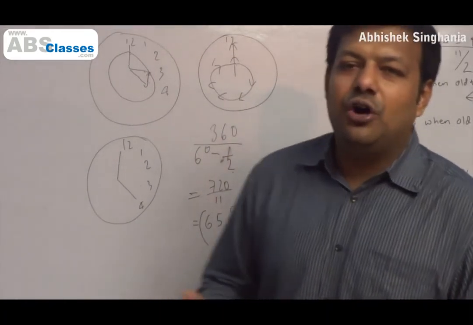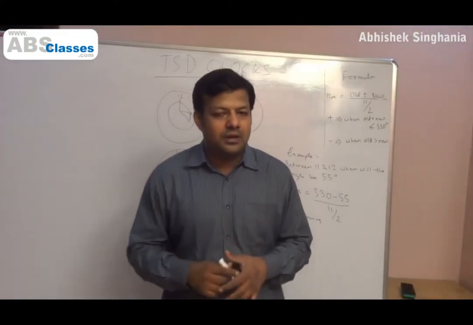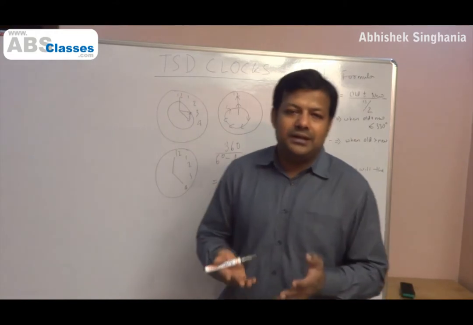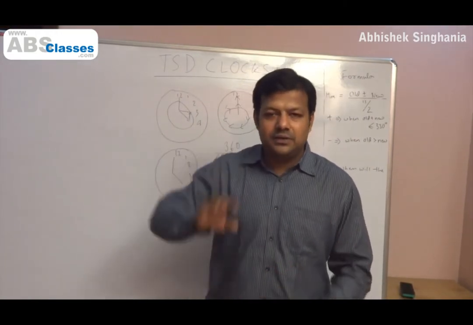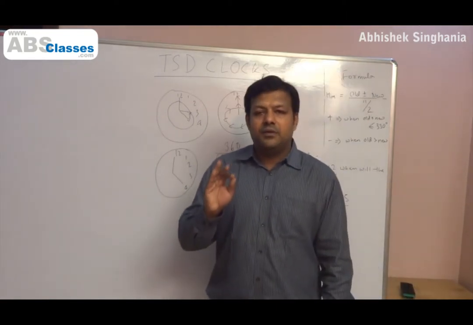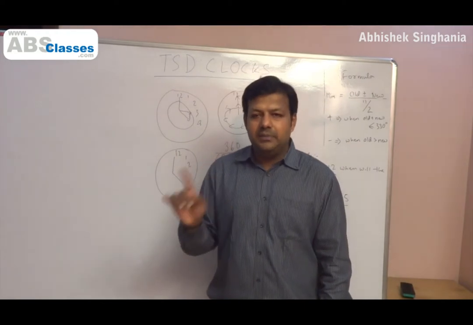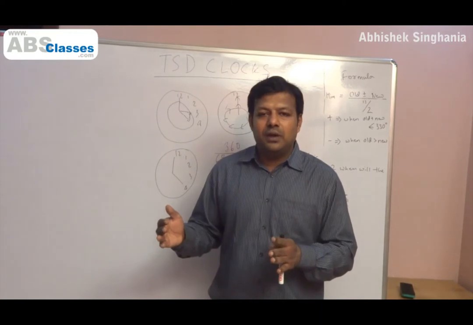Okay. Also, how many times will they meet, say, in a 12-hour period from 12 o'clock to 12 o'clock? From what we have just understood, the answer should ideally be 12, because every hour they meet once, right? But the only problem is, say from 12 to 1, are they meeting? No, right? So the answer is not 12, it's 11.